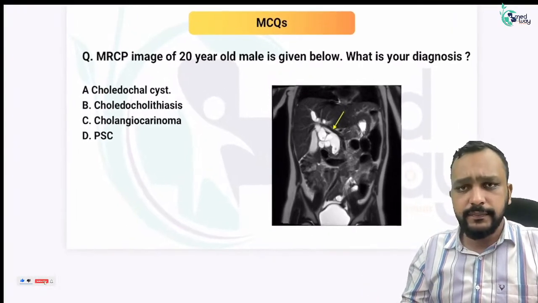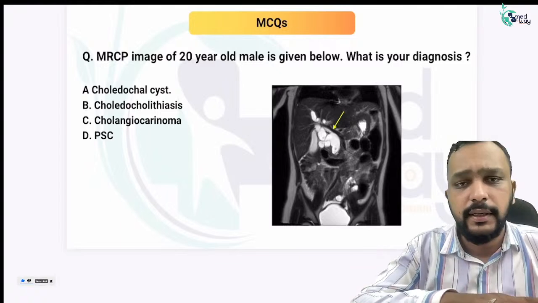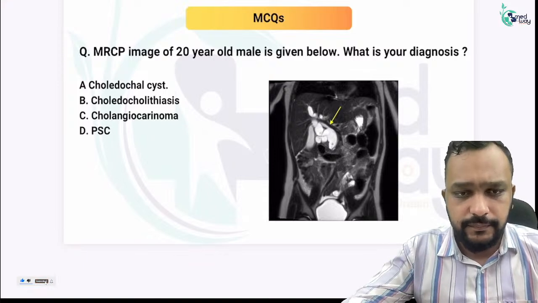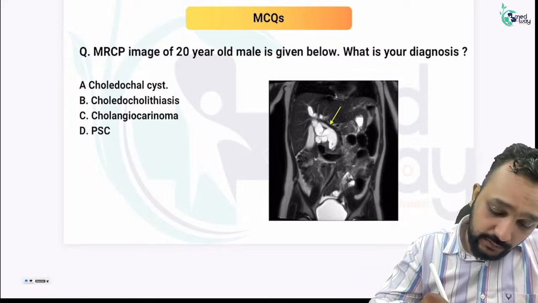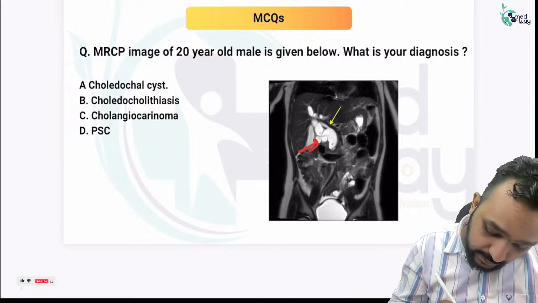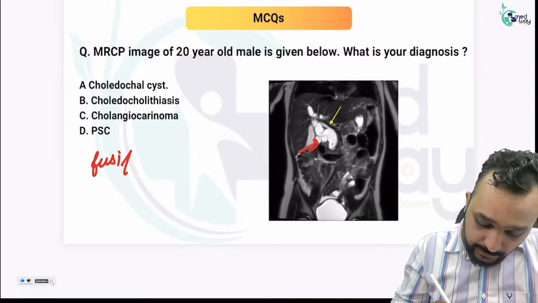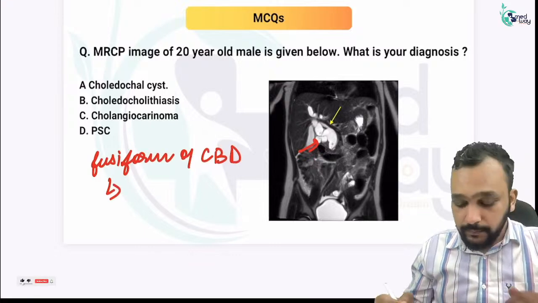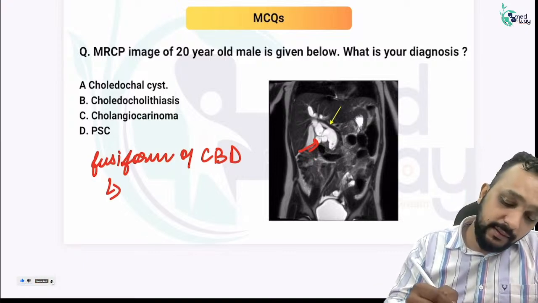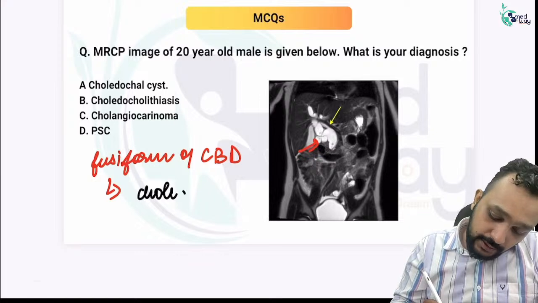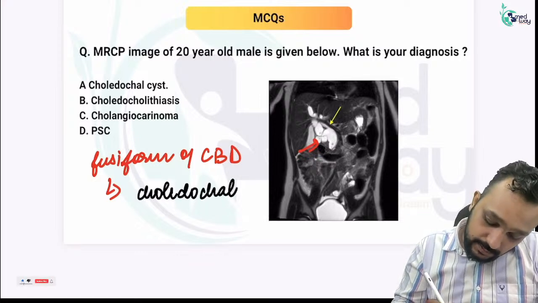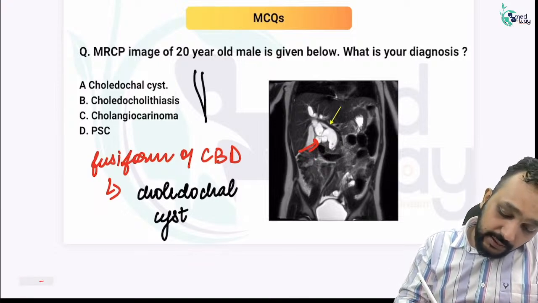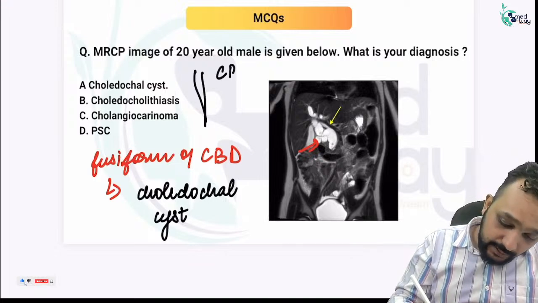So again, this was an MRCP image, and what can you see on this MRCP image, right, is that there was a fusiform dilatation of the common bile duct, right? So this fusiform dilatation of the common bile duct is seen in patients with choledochal cyst, right? In choledocholithiasis, what you will see is that there will be dilatation of the CBD as well as